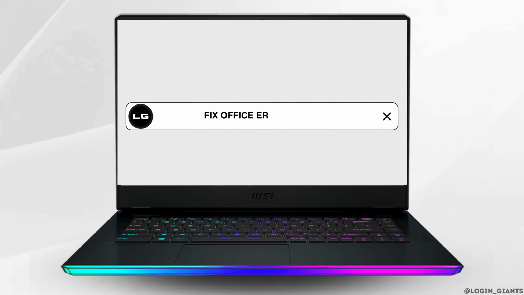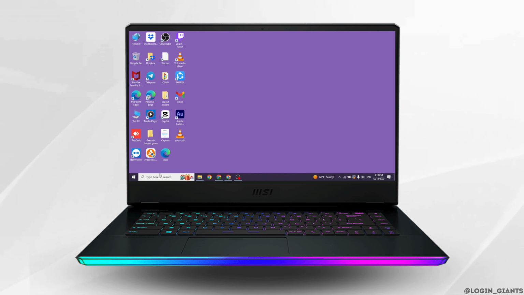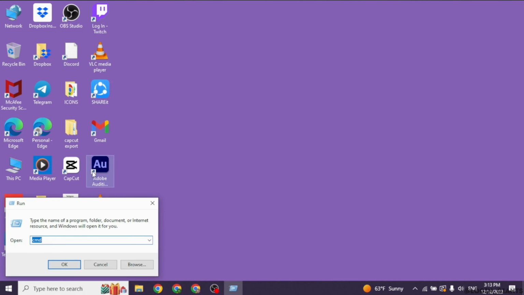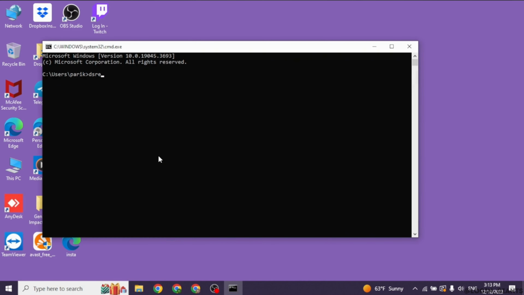How to fix Office error CAA50021. Let's get started. Click on the search box and then type in run, search for it, type in CMD and click on OK. Now go ahead and type in this command